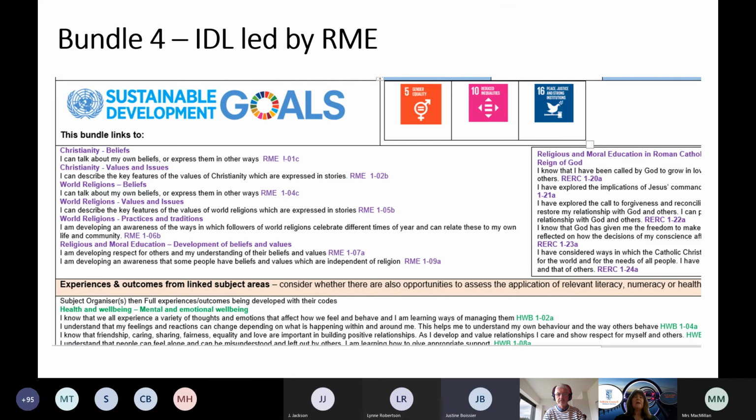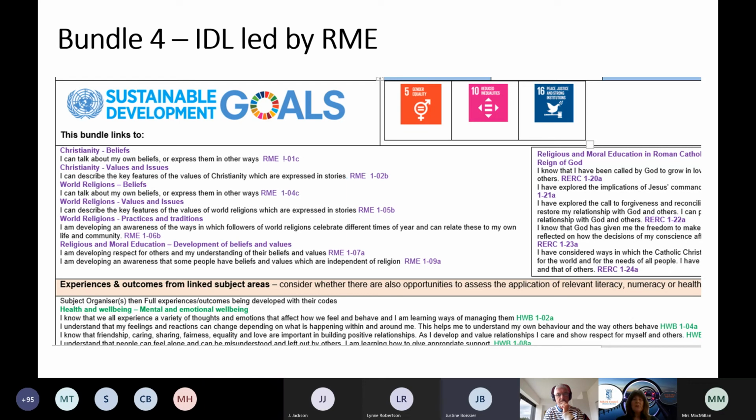So as an example, bundle 4 is what we call an interdisciplinary project that's led by RME. You'll probably not be able to make out the text of the slides there, but you can see we have our RME experiences and outcomes combined with health and wellbeing, and we couldn't quite manage to squeeze in the social studies experiences and outcomes, which are part of that bundle, within the picture of this slide.